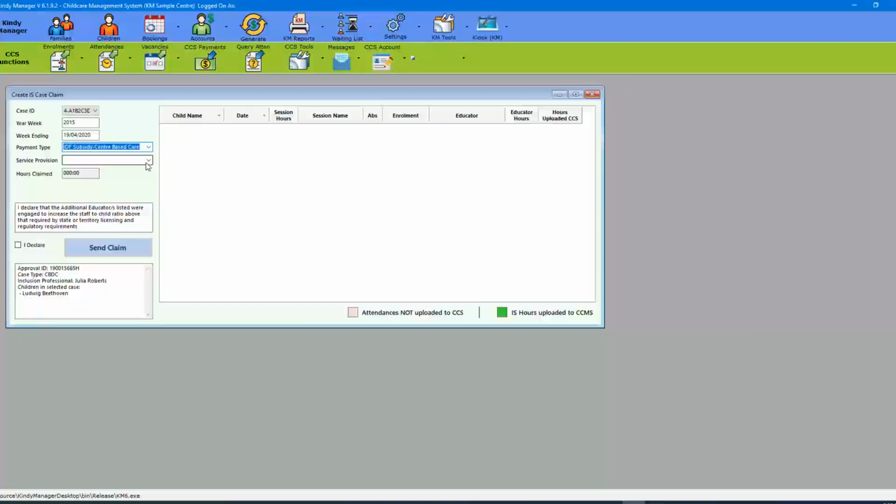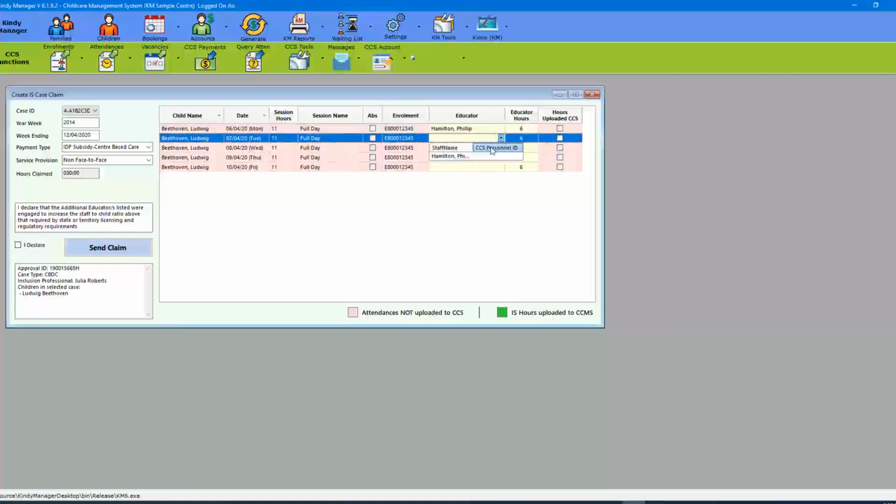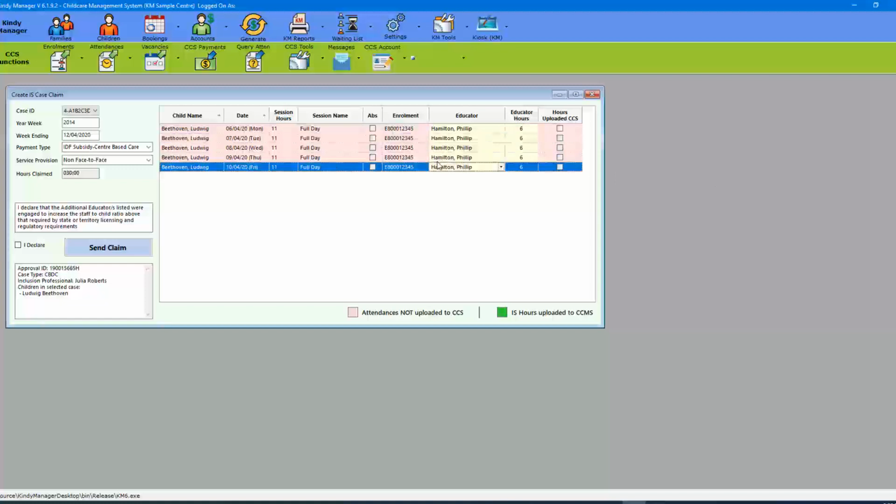So it's not always going to be seamless, and a few things might go wrong. For example, if you don't put the right week number in, you won't get any records. So let's correct that mistake. We didn't have an educator, we hadn't validated the records right. So all of these things can be fixed, and we're just going to allocate an educator. I'll speed this up a little bit, fast forward. There you go. And we would agree to everything because we're very agreeable people, and you would upload that in